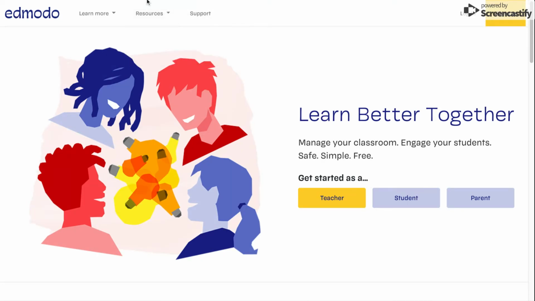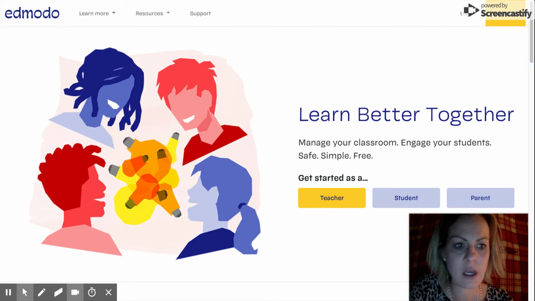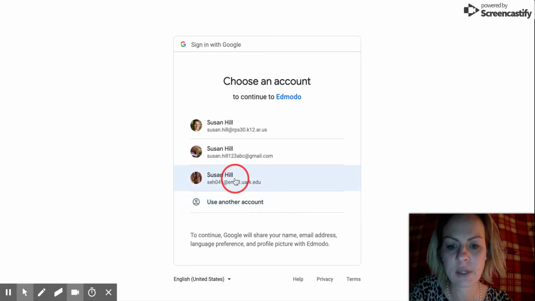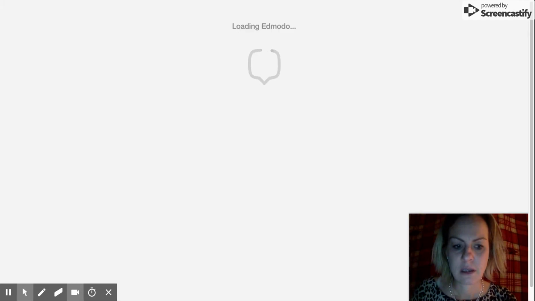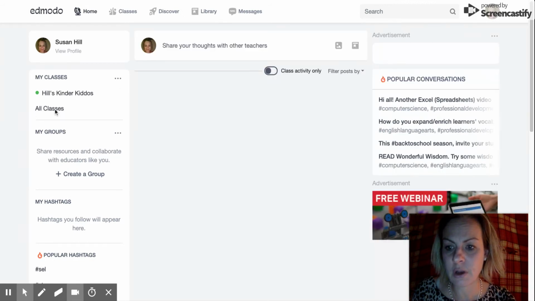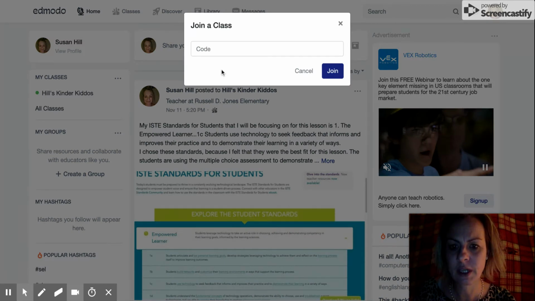If you go to edmodo.com, you should be able to get into the lesson. If you already have an account, it'll take you to your account. I'm going to log in because I've already signed out. I'm going to log in with Google and go into my account. It's taking a little bit. And then if you go into join a class and type